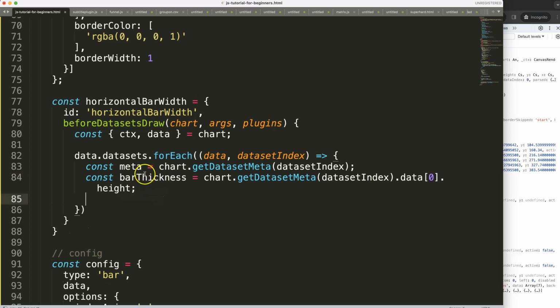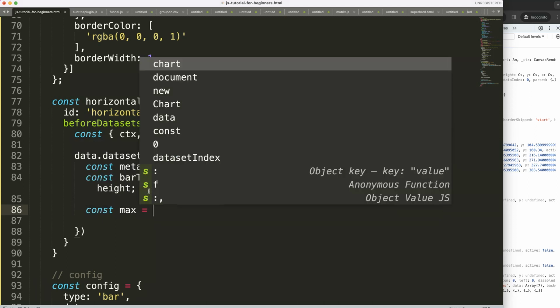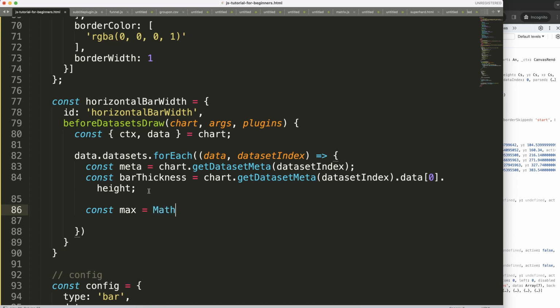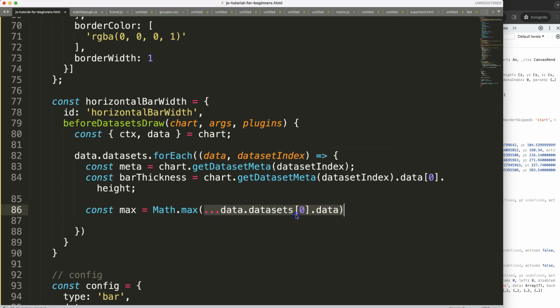So now we have the height for basically only data set index 0, or data point 0. So what I want to do now is make sure what is the highest one. To do that, I'm going to use a built-in function. I'm going to say here const max. Then I'm going to use here the Math.max method. And then for this, we're going to use the rest operator, which is triple dot, and then we're going to say here data.datasets index 0 dot data. Basically, we're going to get here the array of